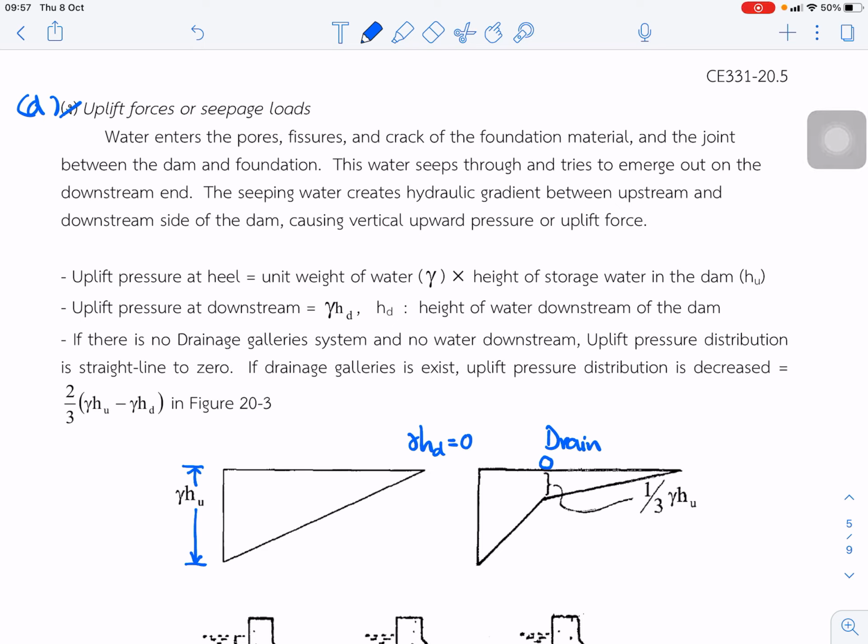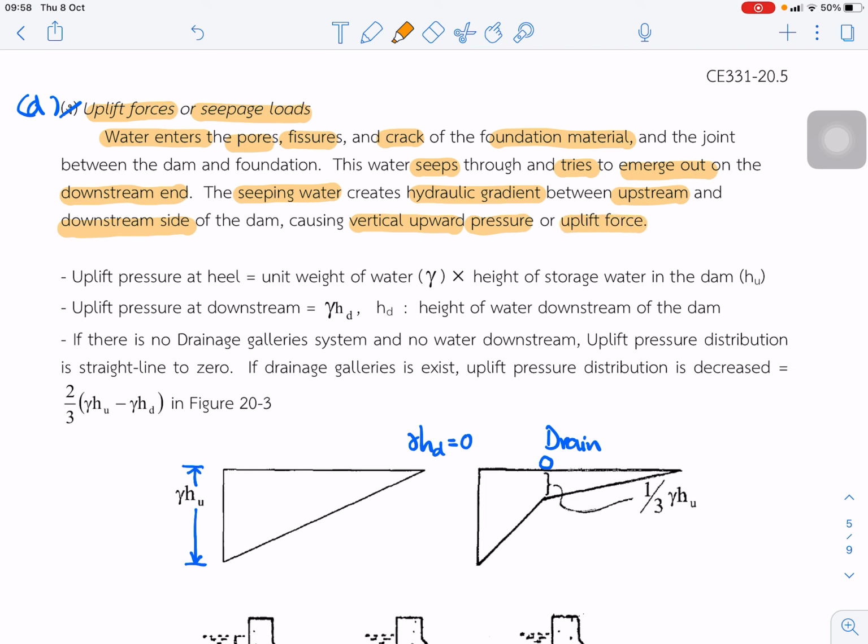The next load we call is the uplift force, or seepage load. This is a normal load, one type of normal load. Water enters the pores, fissures and cracks of the foundation material, and the joint between the dam and foundation. This water seeps through and tries to emerge out of the downstream end. So seeping water creates a hydraulic gradient between the upstream and downstream side of the dam, causing the vertical uplift